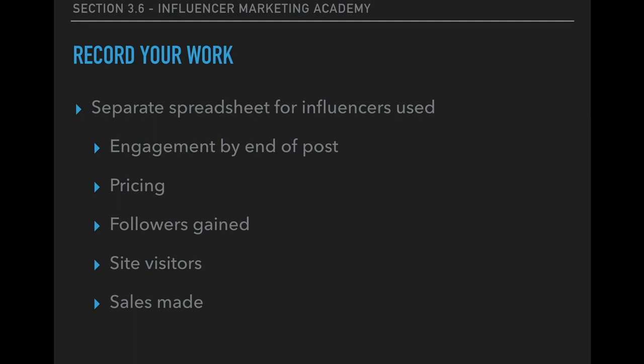If you're not familiar with what split testing is, it is creating two very similar campaigns, but making a little bit of a change in one, whether it's a visual or something in the caption of the picture or the advertisement copywriting, like pretty much what is written about this post, and seeing which one is converting better. That is a good way to get an idea of what's working and what isn't working with your marketing techniques. And now we're going to keep this spreadsheet for the influencers used,